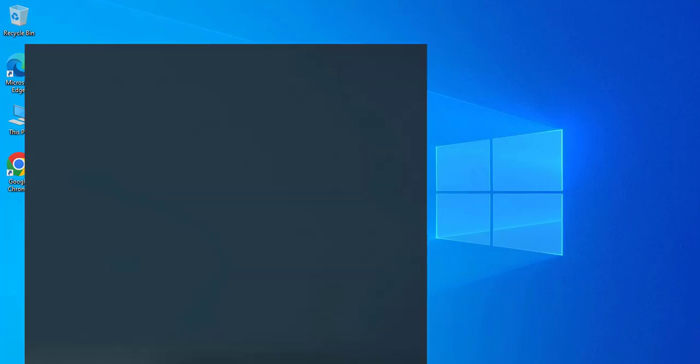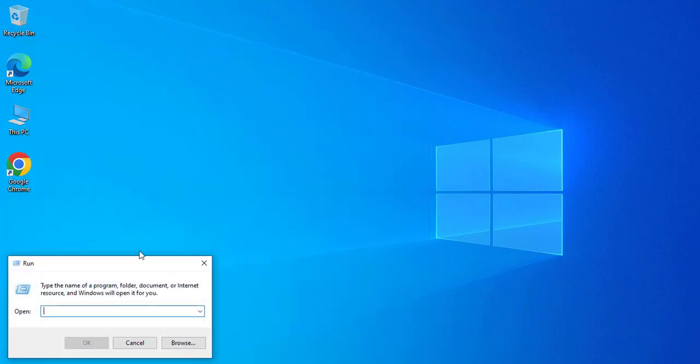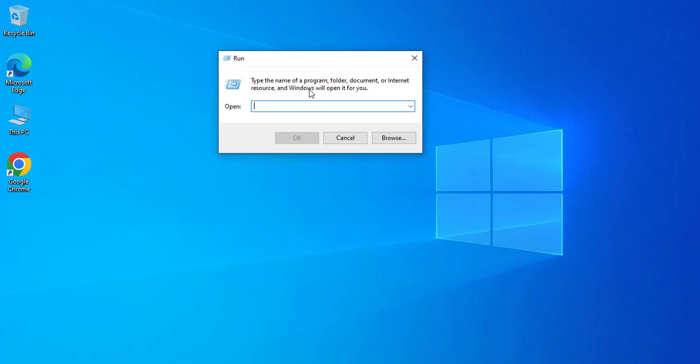Fifth solution: start the relevant Windows Update services. There are a few Windows Update services that need to be running in order for Windows Update to work properly. To start these services,